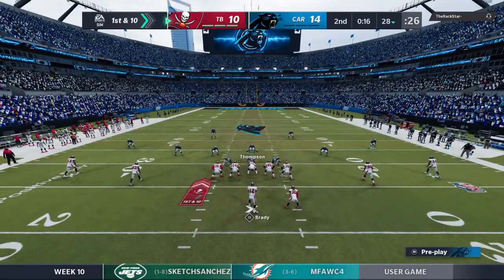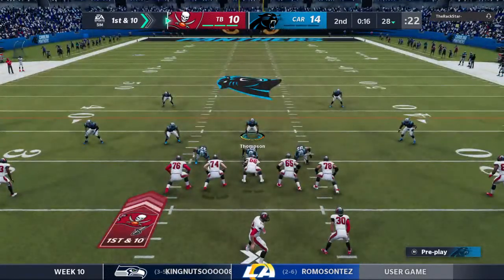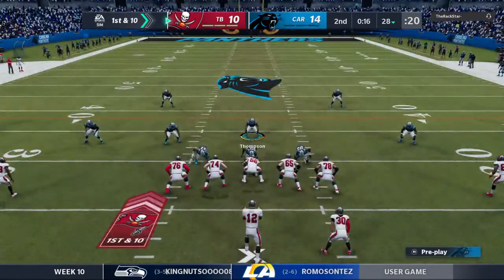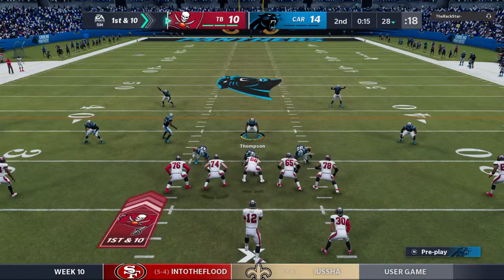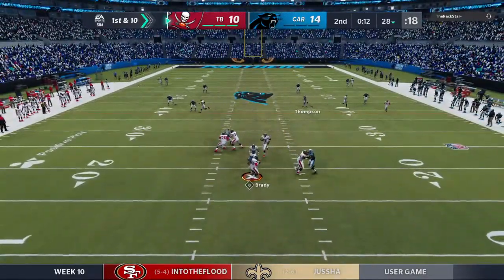I'm guessing the wise play here is be safe. That is the wise play because if you think about trying to fool them here, here's what you're facing. You're facing a loosened-up secondary, playing a lot deeper than normal. So even if you run some type of...